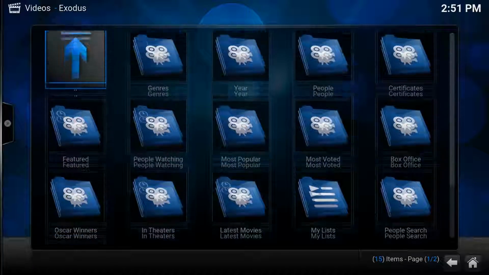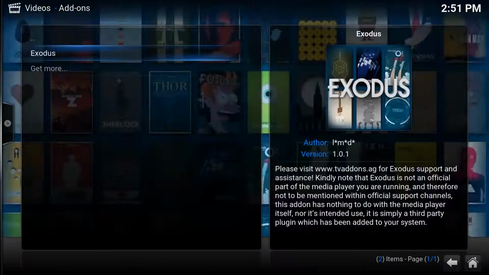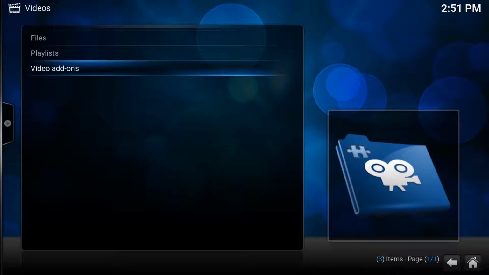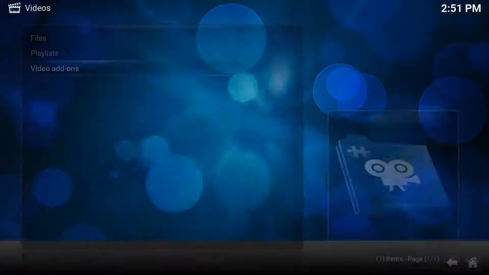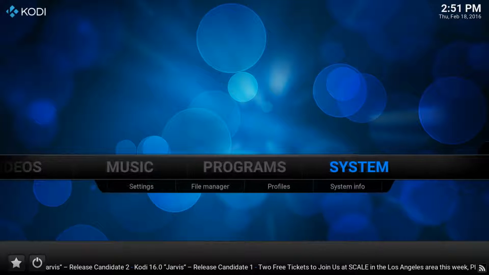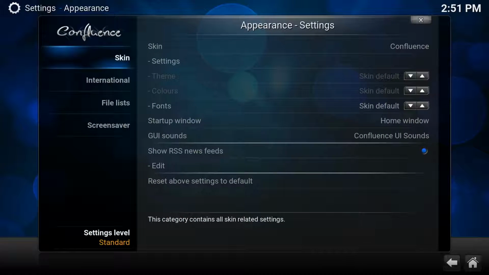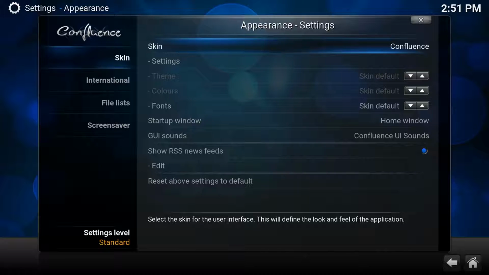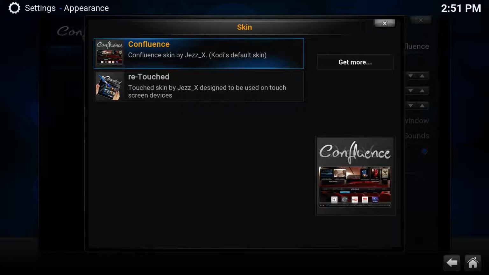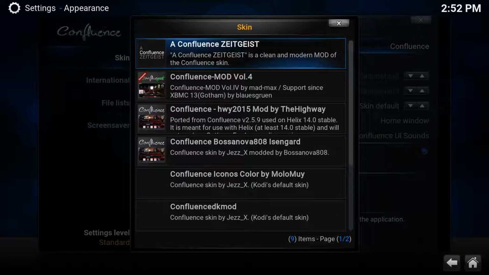Now, this is a pretty simple theme. It works, everything like that. It makes my eyes bleed, to be honest. I'm not going to lie to you. But if you want to change your theme, start customizing this, all you need to do is go over to System, Appearance, Skin, click on the skin, and where it says Get More, it will pull up a big list.